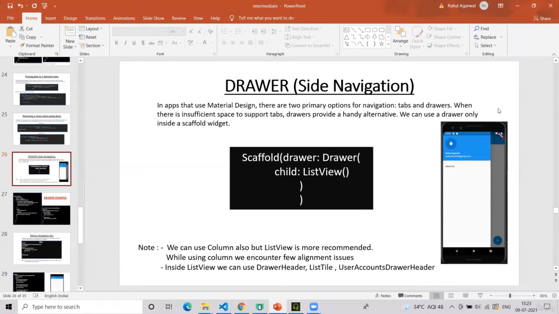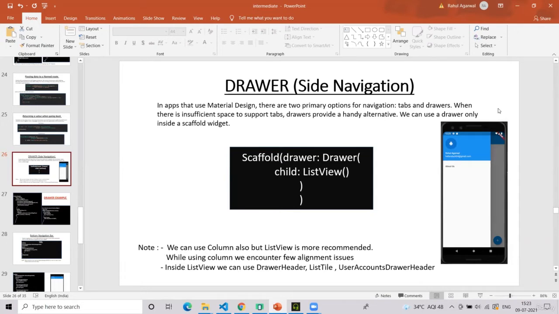In this session, we will be talking about the drawer widget, which you can also say is a side navigation bar. If you have used any application such as Amazon, most applications have this three lines or hamburger icon at the very top. When we click on it, a sidebar comes with a lot of other options to navigate. In Flutter, it's a very easy way to implement that.